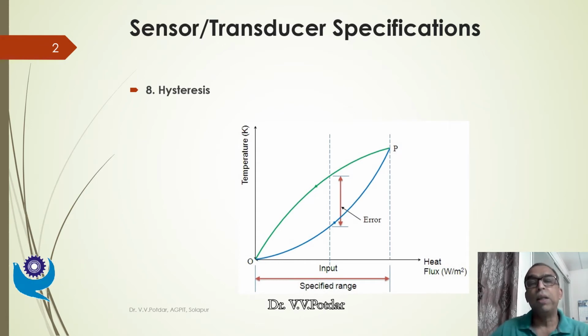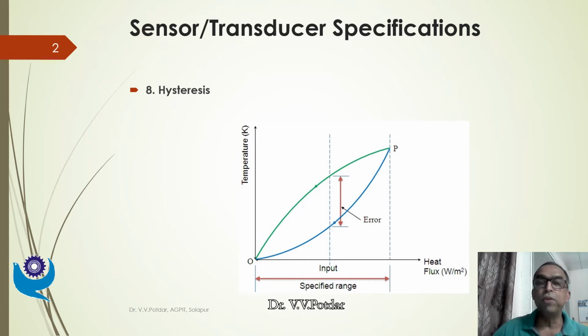Take the case of a temperature measuring device, let us say. I have a heat source wherein I can increase the heater input or the heat flux input, which is given in watt per meter squared, and I slowly increase this heater input with the help of, let us say, a dimmerstat, and I go on measuring the temperature inside a chamber. So at different values, I'll be getting different temperatures. As you can see in the blue line, when I'm increasing the heat flux, I'll be getting increasing temperature.